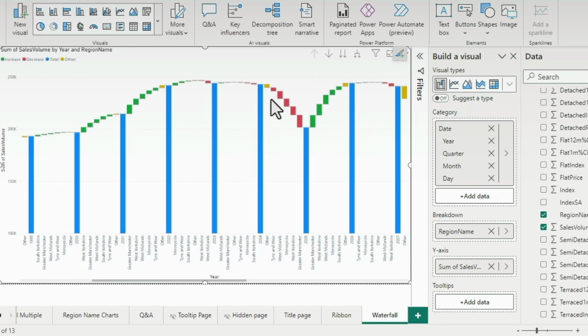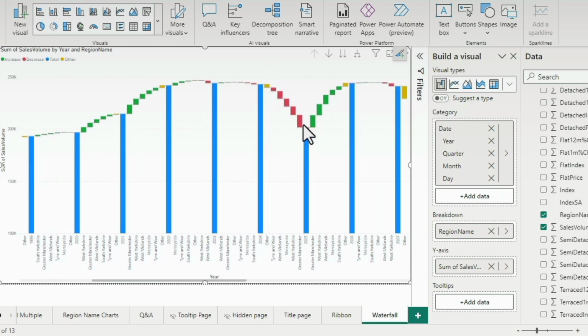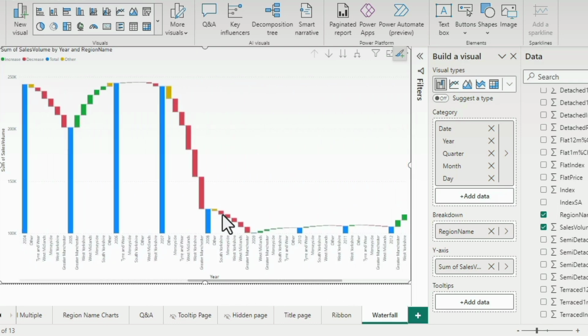So here we have a few negatives. So it goes up, but we have a few negative sales as well. It goes down. And when we get to 2004, 2005, we've got some really negative sales volume compared to the previous year, and then 2008 it drops off completely. Now I should point out this axis starts at 100k,